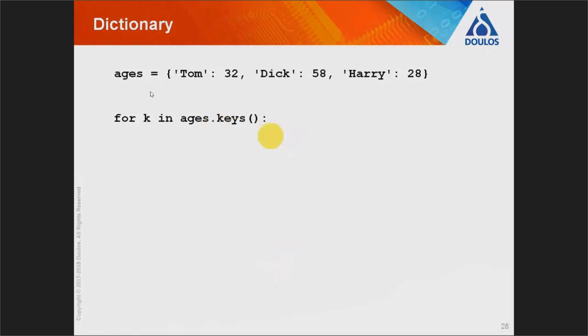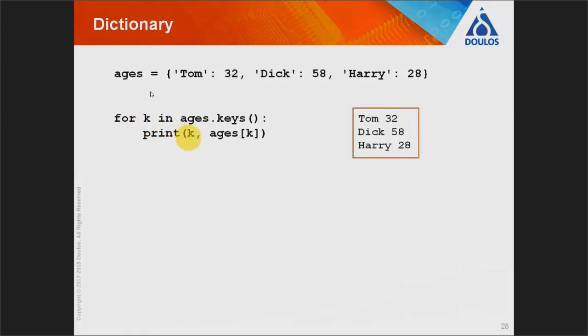We could then print out all of the keys of our dictionary by writing a for loop, such as for k in ages.keys(). So remembering that Python is object-oriented, keys is a method of our dictionary object that returns all of the keys within the dictionary. And all of the keys in the dictionary actually turn out to be a list consisting of Tom, Dick and Harry. So k is going to be bound to one of 3 strings in turn. And when we print out the value of k, we're going to see Tom, Dick and Harry, and if we then use that key to index our dictionary, we'll see the values 32, 58 and 28 appearing